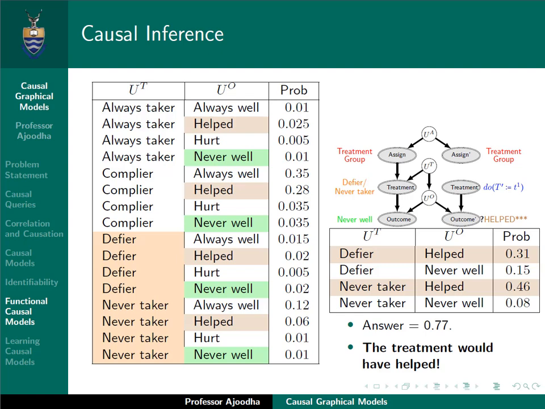All right, that's fairly simple. It's all just probabilistic inference. I hope you can do something like this in the exam. Just practice it. So given the model and the evidence, there is a 77% probability that the treatment would have helped, which is helpful. And it also shows us whether we should have assigned the treatment or not. The should have, could have. I hope no one says it's not too late to do it, because there's always something we can learn about